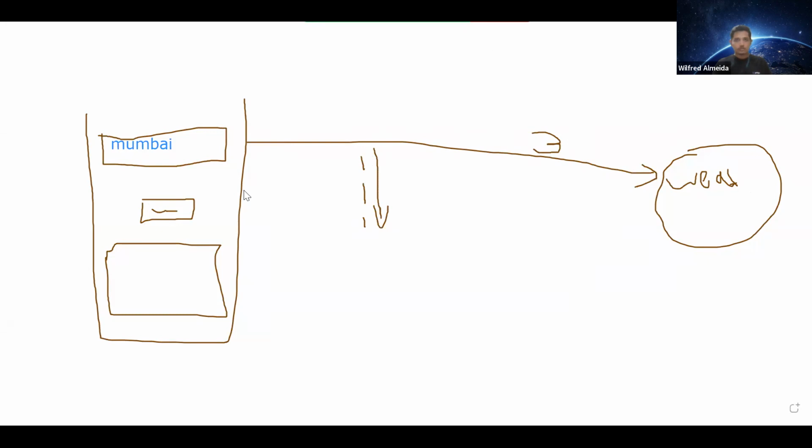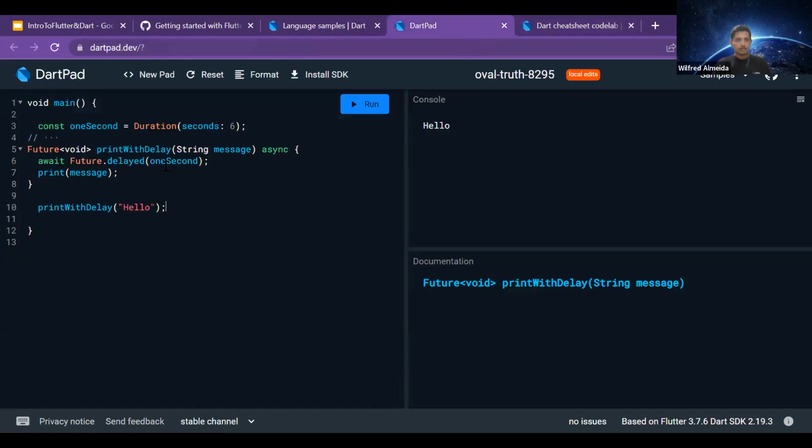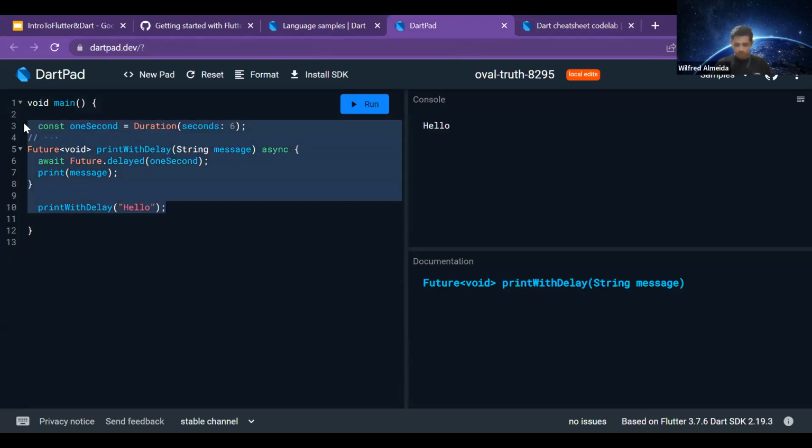So okay, back to the DartPad. The example I showed earlier,